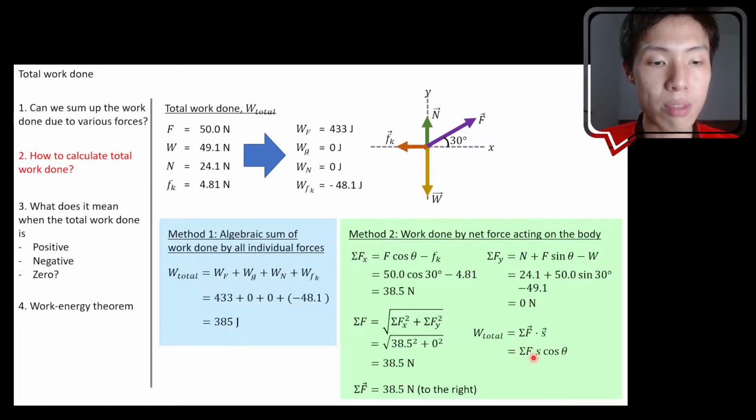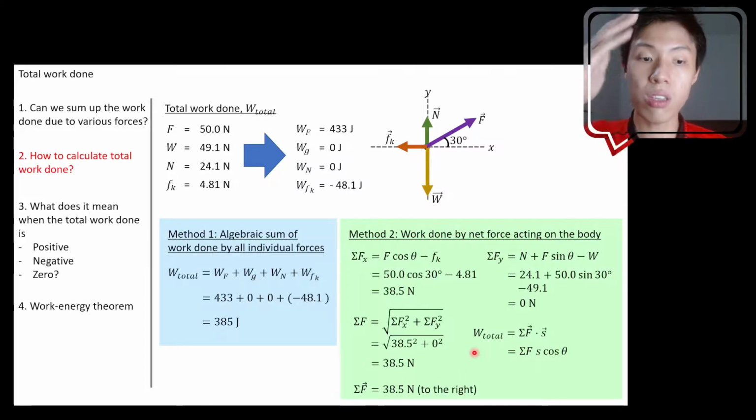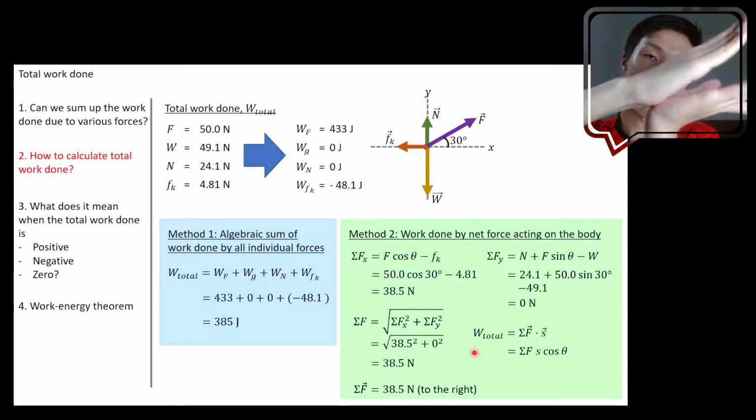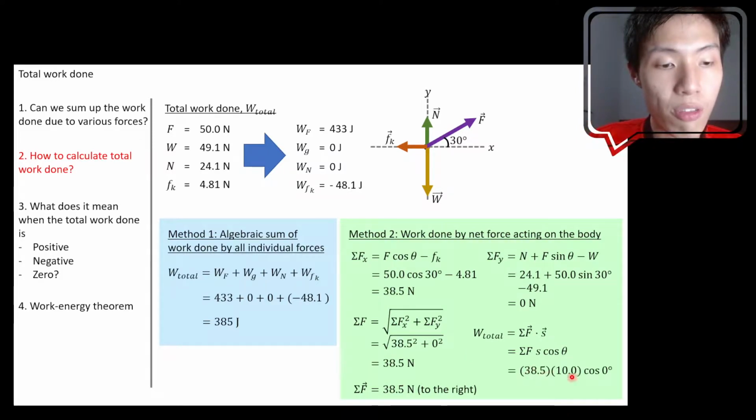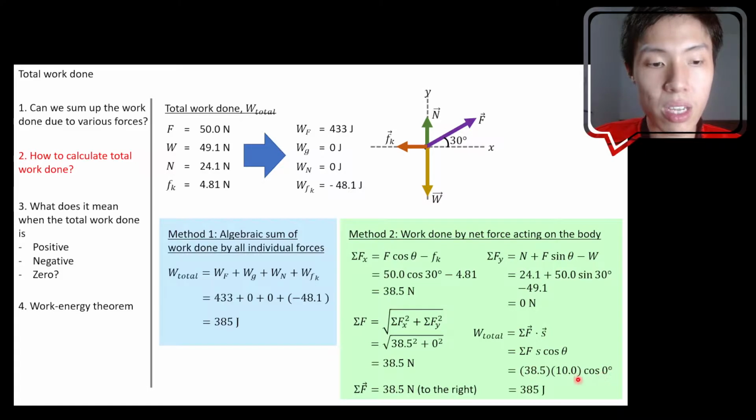So net force times displacement times cos theta, now it is a matter of substitution. The magnitude of the net force is 38.5. The displacement that we have here is 10. If you remember from the example, I didn't write it here, I should put it here. It's 10. Then for cos theta, you know the displacement is going to the right, and you know the net force is also to the right. So the angle between sum of F and displacement is 0. They are in the same direction. So 38.5 times 10 times cosine 0, then that's what you get,